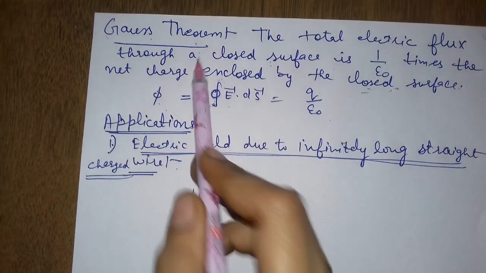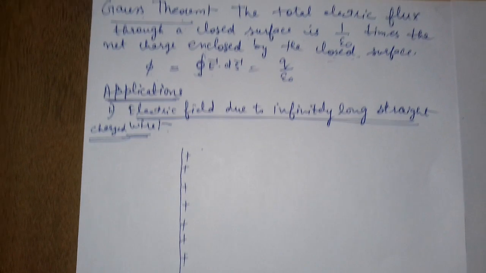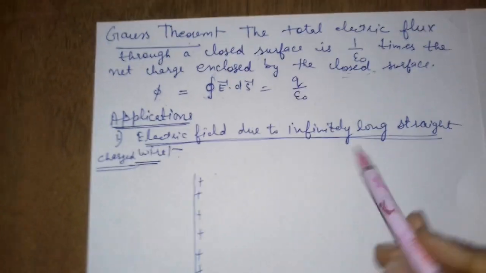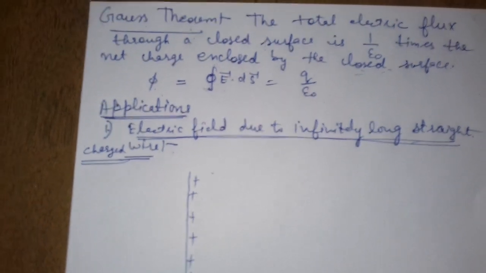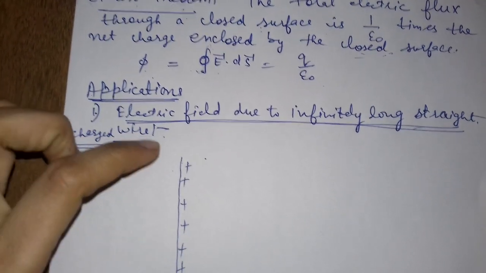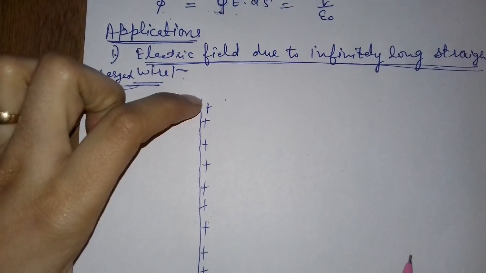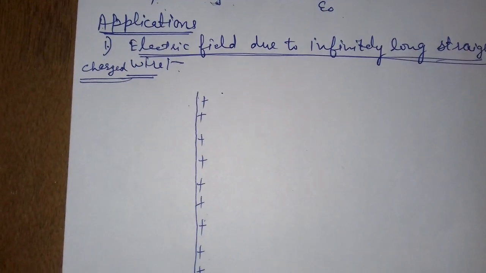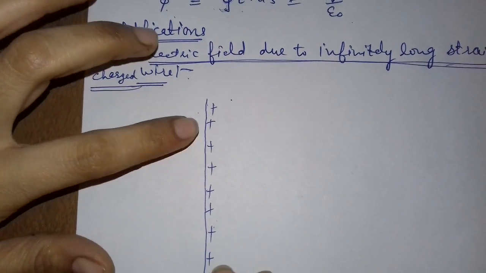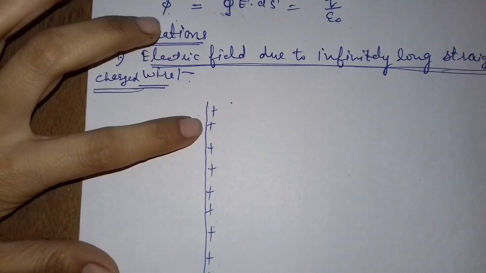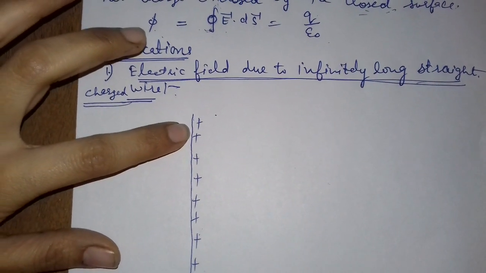Now let's use this theorem to discuss the case of electric field due to an infinitely long straight charged wire. Because this is a straight charged wire, that means we are basically in one dimension. So we wish to find the electric field due to this charged wire. Basically this is positively charged. We can also take the negatively charged. Just for convenience we are taking the positive, because due to positive charge electric lines of force always come outward,